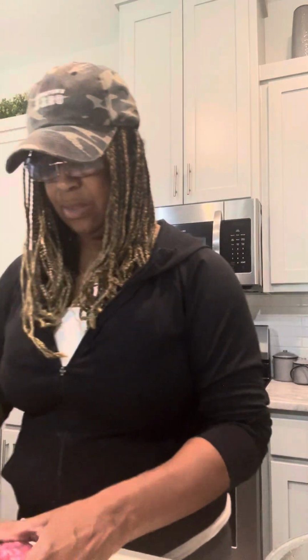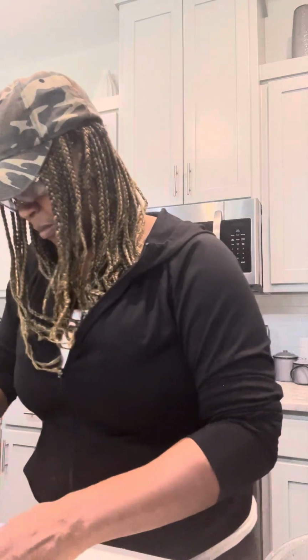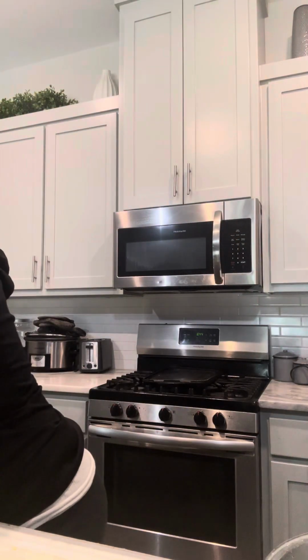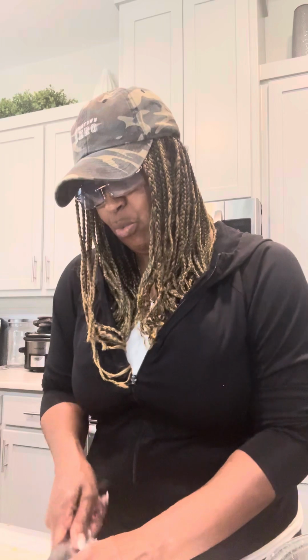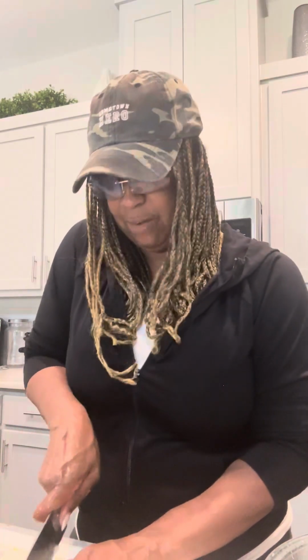Okay. And then we're going to cut up our red onion. Watch your eyes with that red onion, you guys. I like red onions, you guys. I like sweet onions too, but it just depends on what I'm making. If I'm having a sandwich, I definitely want red onions. Red onions are great for on your deli sandwiches, like if you have a turkey sandwich or your cheeseburger, or